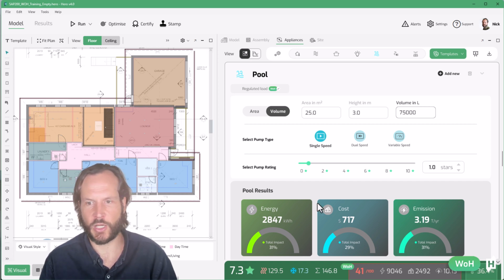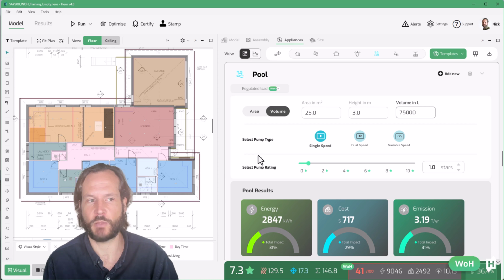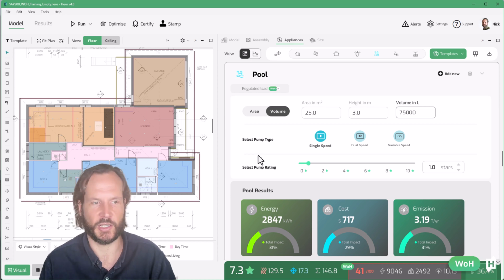So you have 3 different types of pool pumps available: single speed, dual speed, and variable speed. So in basic terms, you can reduce pump energy by running pumps at lower speeds for longer time. And by the cube law, you end up using quite a bit less energy. We have the traditional single speed pump, which is what most pools in Australia have traditionally had. They operate at a single speed, and you might then just be dialing up and down a timer during the